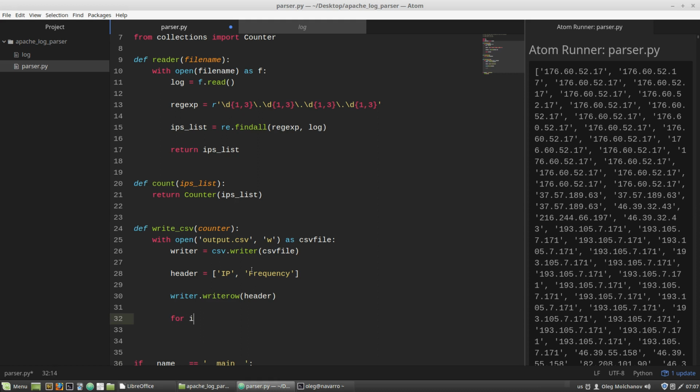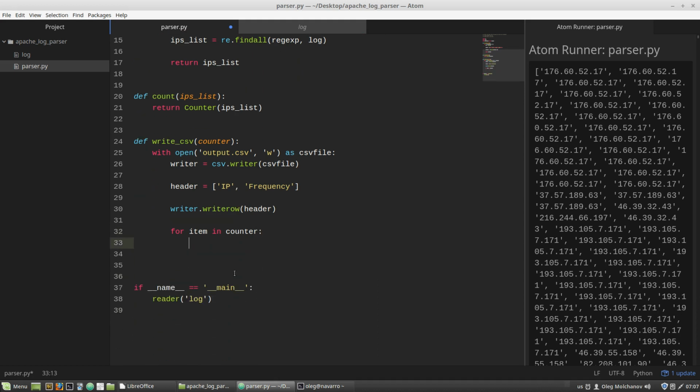For each item in the counter dictionary, this one, as a dictionary is an iterable object, we can pass it to the for loop, and the dictionary will be iterated over its keys. So in each iteration of the for loop, the item variable will contain a key of the dictionary